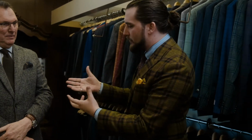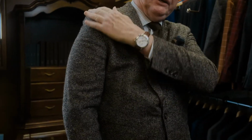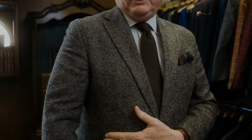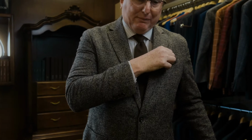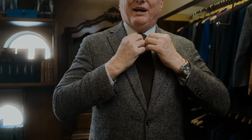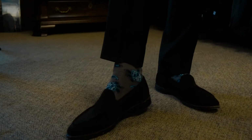But let's talk about what you're wearing. I mean, this is a really cool ensemble, you know, this boucle fabric, is that what you call it? Yep. So let's talk about this. Basically, same thing. This is just a little bit more mature version of what Austin was wearing. Also, the M-body, ultra soft shoulder, little eased up in the waist. Boucle fabric, so you have these little slubs and multicolor. Brown, because brown is my color, and that's what I wear. Robert Jensen pocket square, Robert Jensen tie, of course, a Hagen shirt with it, and pants are Jack Victor. This is a Texas weight flannel, so ultra lightweight, but a flannel pants, and even Marco Liani socks, and that's